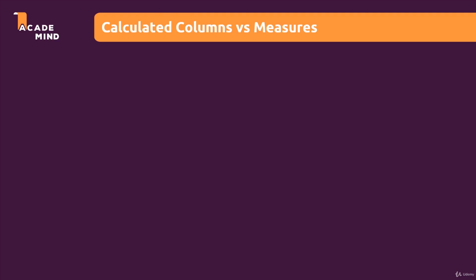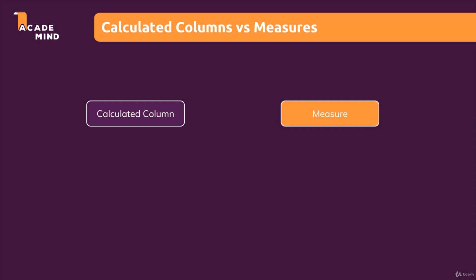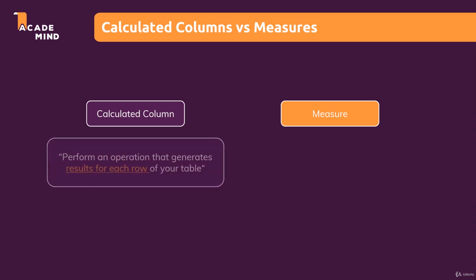So what is the difference between a calculated column and a measure? Well, we used calculated columns so far in this module, and as you saw, a calculated column always was an operation we performed, and it generated results for each row of our table. If you think back about the project, you know that each table has a specific amount of rows, which is